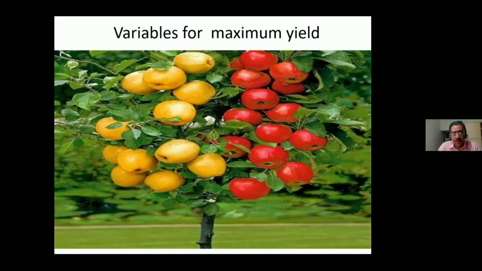Now, if you are growing climbers or creepers, they need some surface to crawl upon. So if you don't have that surface, it will not grow. So the surface is also another requirement. You have a potted plant, it is growing, but if it is a creeper or climber, it has to go into another area. So you need to provide the support facility.